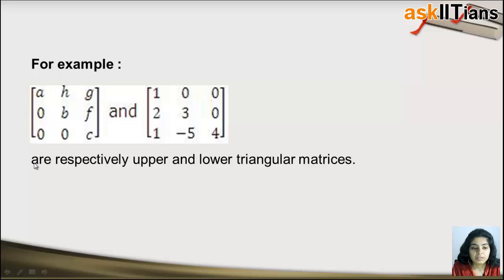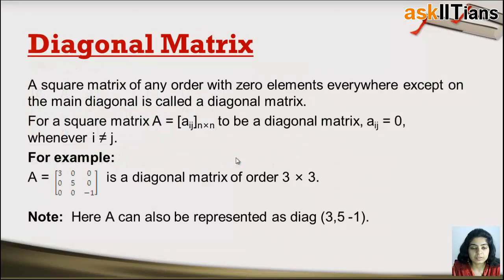Okay, so we have an example for upper triangular and lower triangular matrices. As I explained, these are the diagonal elements. See, these diagonal elements are non-zeros, right? So this is not a strictly triangular matrix. Now above elements are anything, lower elements are zeros, that means this is an upper triangular matrix. So this is an example of an upper triangular matrix, while this is an example of a lower triangular matrix.